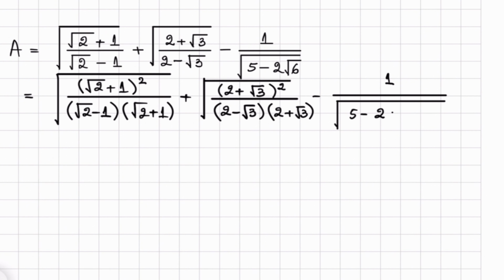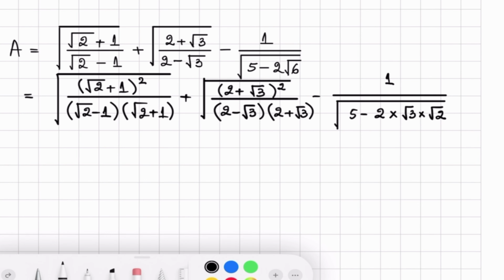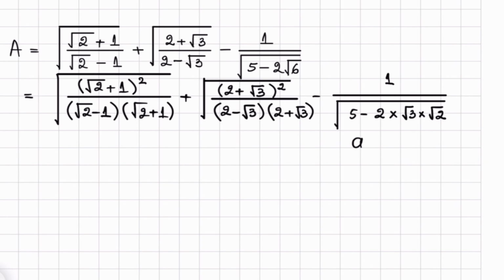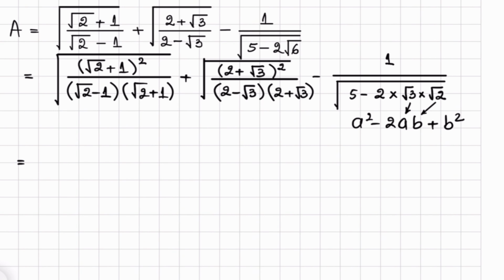So that could be written as 2 times square root of 3 and times square root of 2. Okay, so in our purpose here, we need to make this number here in the form of a square minus 2ab plus b square. So we will get a as square root of 3 and b as square root of 2. Okay, then equal to,